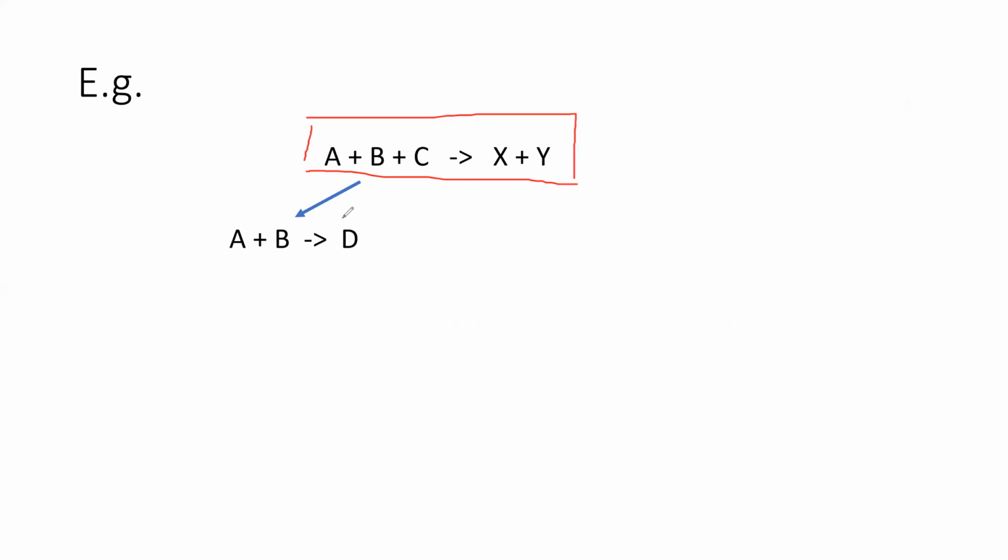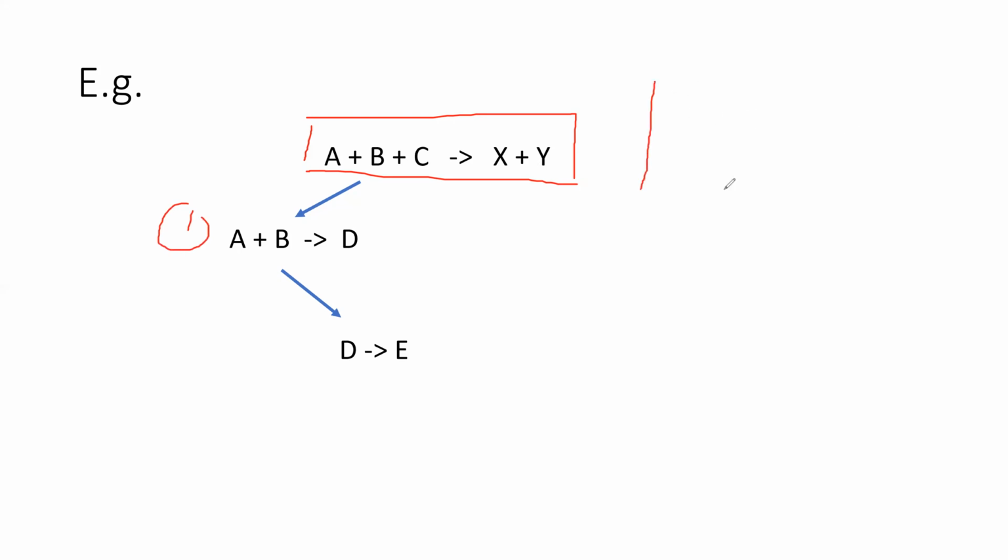So my first intermediate step is that A and B react to form D first. So then I get D plus C, right? But then D dissociates into E. So in my first step here,